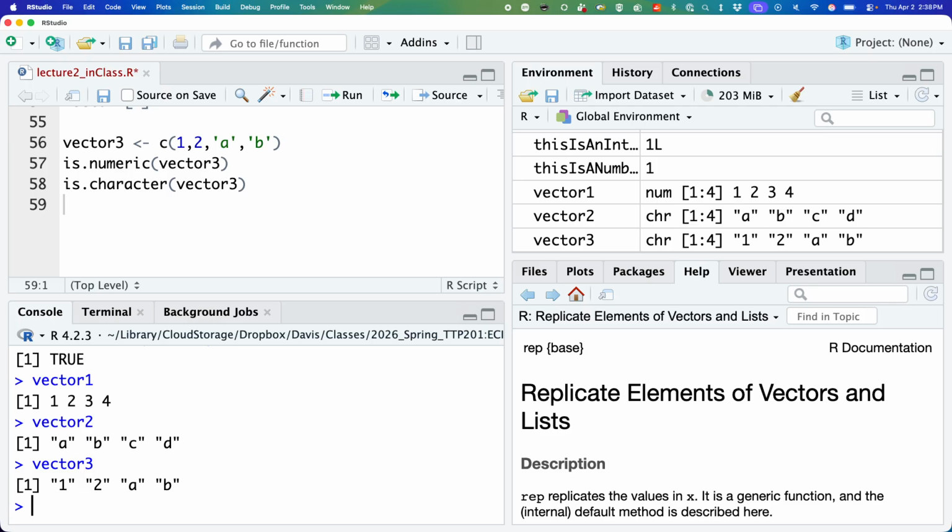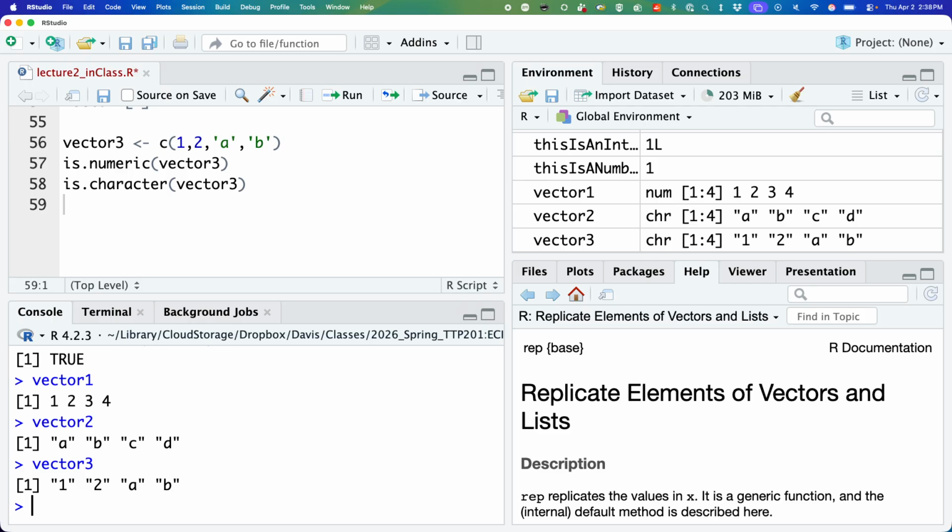So why does it do this? Well, can A or B be a number? No. Can 1 or 2 be a character? Yes. So characters will supersede numbers when you are